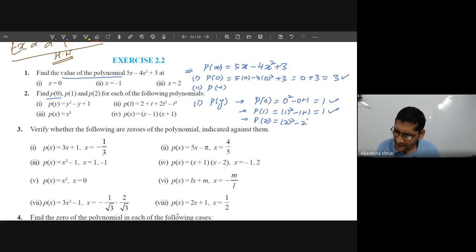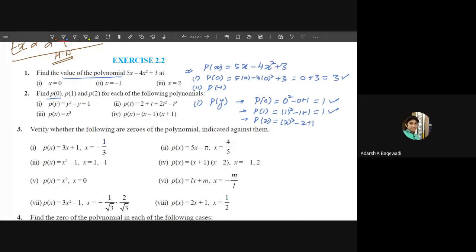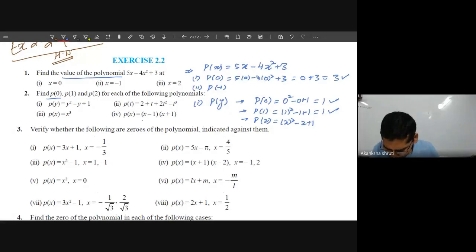So these questions are very easy. Whatever concept we have discussed, I think you are able to get it. Students, any more doubts, then please ask. Even if it is the product of two brackets, don't worry, you have to substitute in the bracket itself. Rather than multiplying, you can directly substitute it.